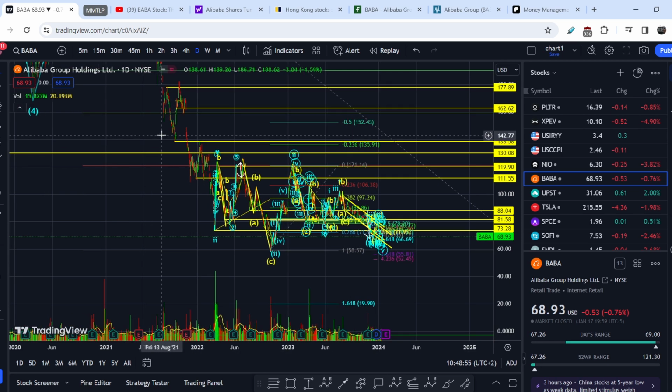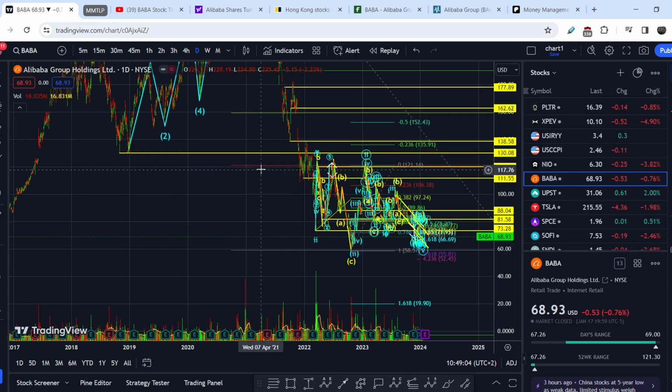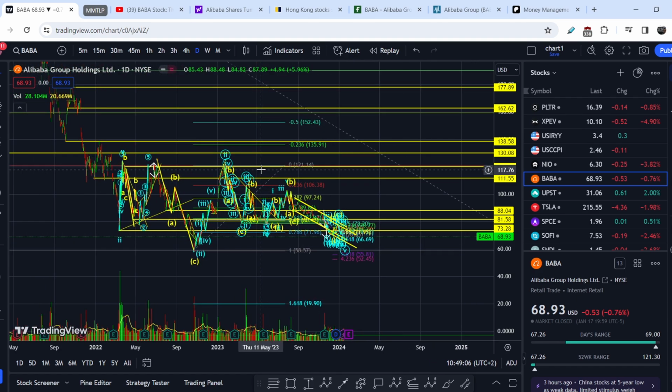Right here we have the range, we have the gap, as you can see right here, and this gap is somewhere around these ranges. And I have to say that as for me, the crucial point for this asset, and